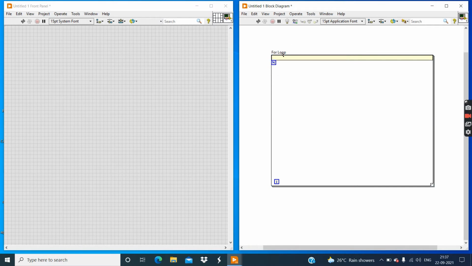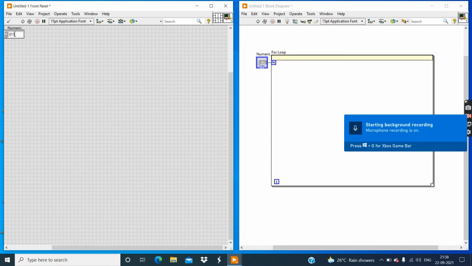Simply what I want to say is, if you want to execute this for loop 10 times, create a controller to this n terminal and enter 11. Now the question arises here: why 11, why not 10?